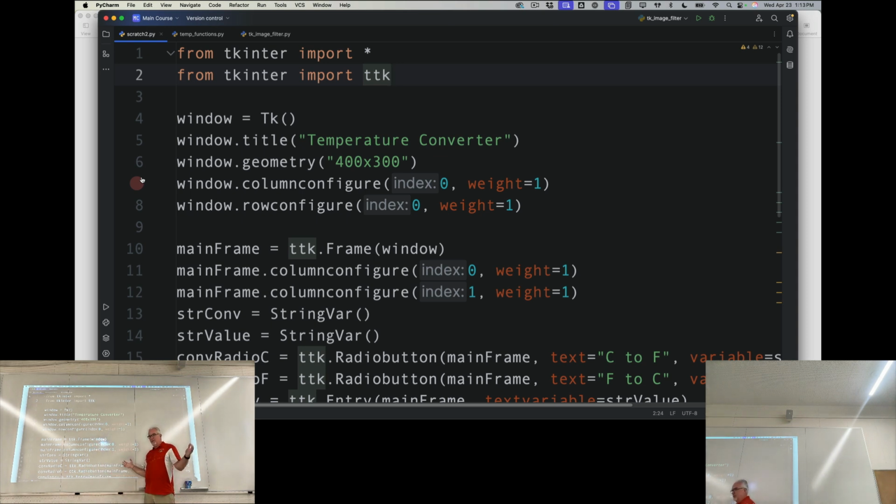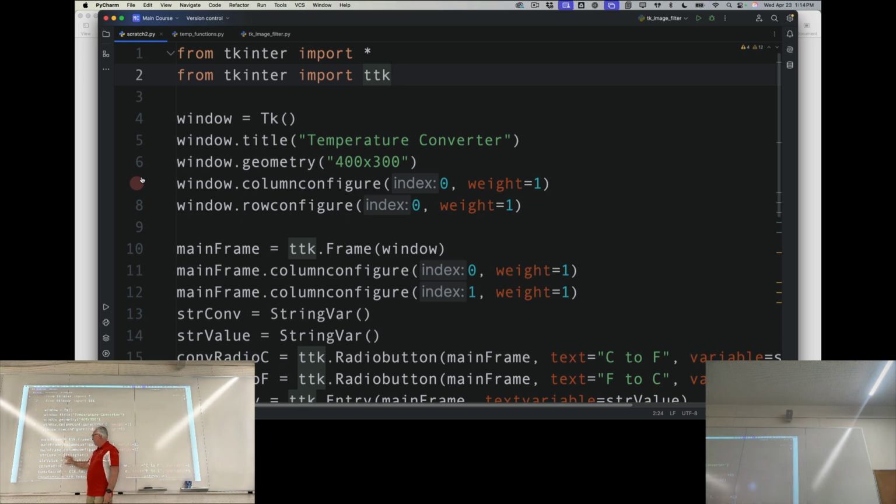And what that does is make sure that there's two columns and they fill up that whole available space. So column index 0 and index 1, the left column and the right column, equal importance. If I have one over the other, then they may not be the same size, depending on what's in them. So I've got two columns,